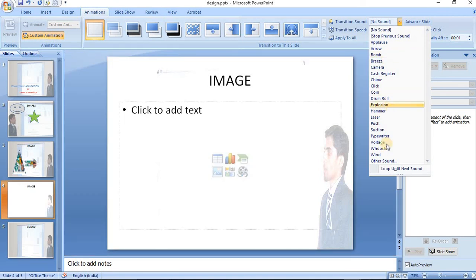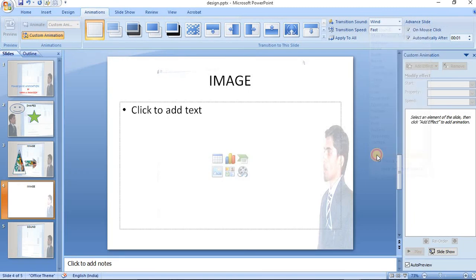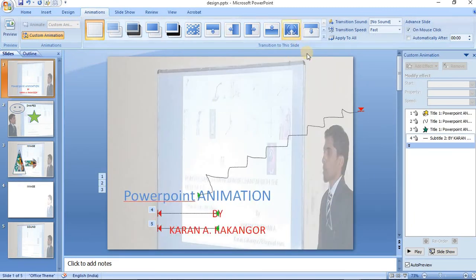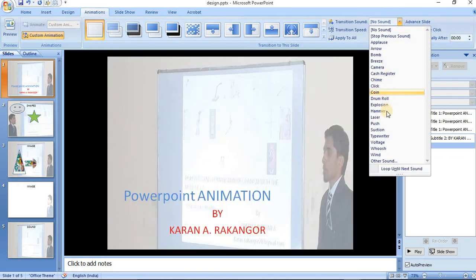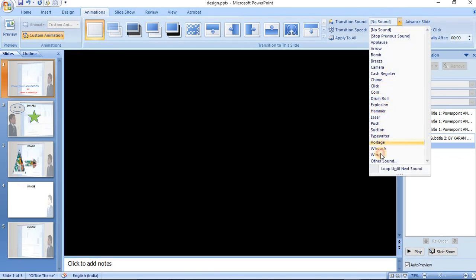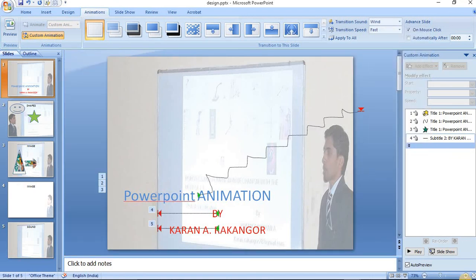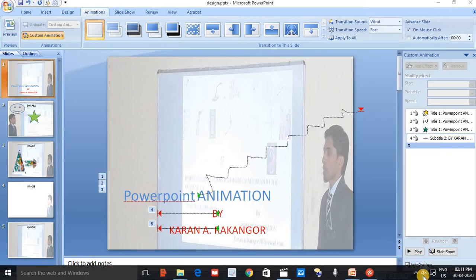These are all the different sounds. You can add the sounds wherever you want. You can add them into your slide.